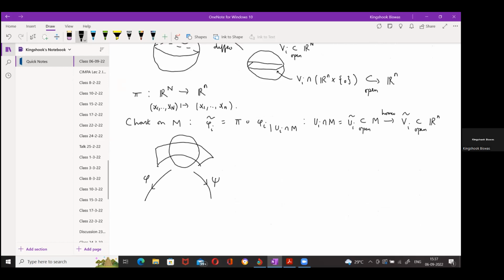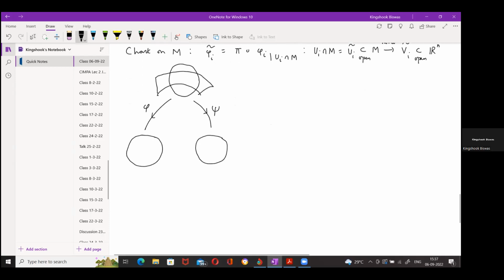So these are diffeomorphisms to balls in R capital N. Okay. So this is a diffeomorphism. This is a diffeomorphism. So these map to planes intersect balls. And then I'm taking the projection